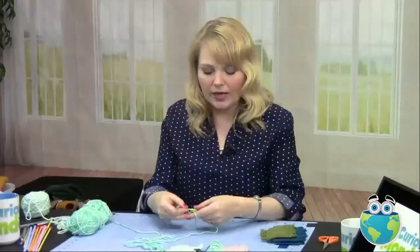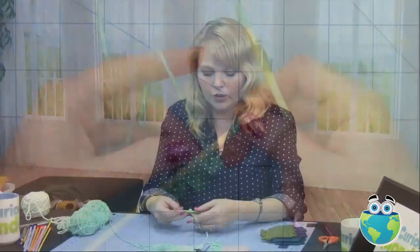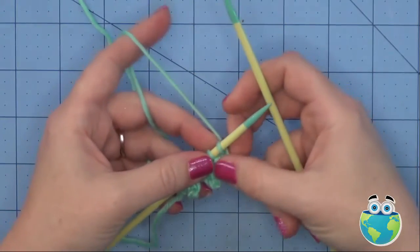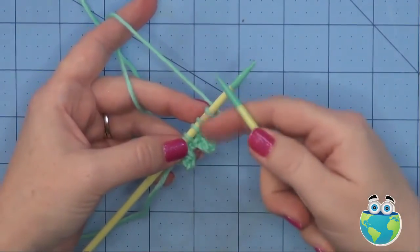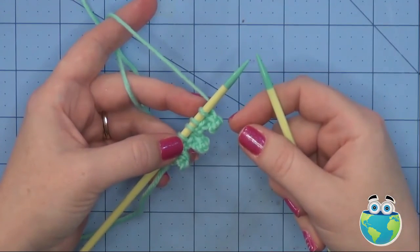Let's do one more set together, and then I'm going to show you some of the different increments that you can use. Okay? By the way, this is a stretchy cast on. So this will give you some elasticity if you're going to be doing something that has ribbing in it, or the edge of something where you need to be able to